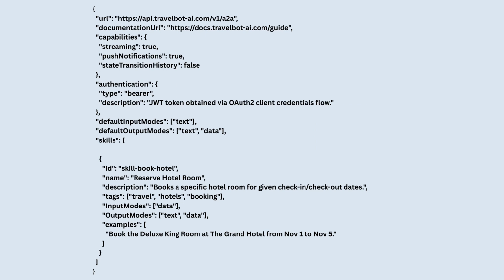If the consumer agent or client agent is interested in hotel booking, it will get this information from here. And if it is useful, then we'll utilize this agent for performing the hotel reservation, right? So if you see this, it has description, tags, input mode, output mode, example. All right. Similarly, you can add more and more